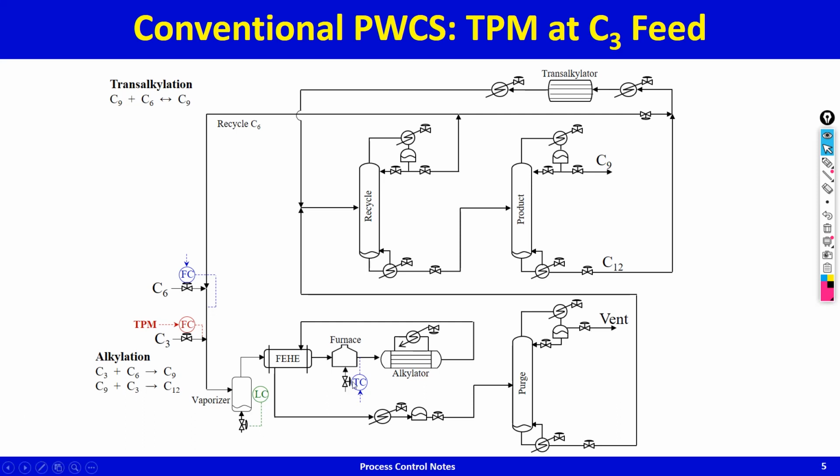So furnace is going to hold the reactor inlet temperature. The reactor cooling duty is going to be adjusted to hold the reactor temperature, and typically it will be the hot spot temperature in the alkylator. So you'll have an array of thermocouples measuring the temperature down the length of the alkylator. Whichever one is the highest temperature, that temperature will be controlled to a set point by adjusting the cooling duty.